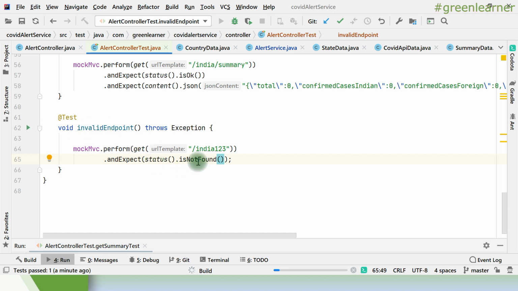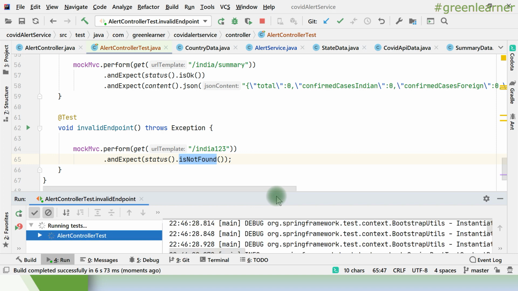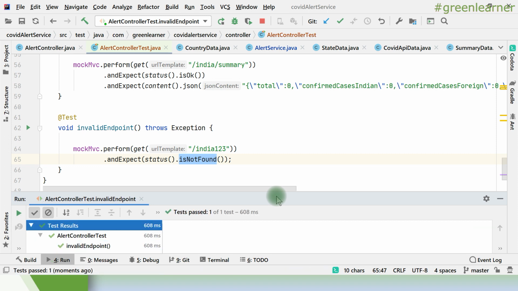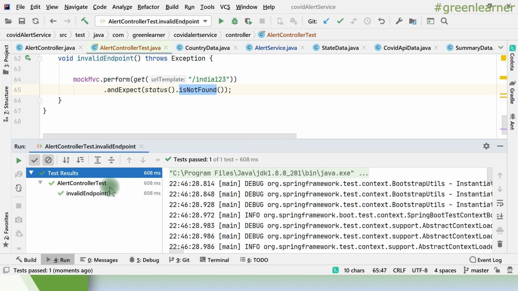I expect the status to be not found. It's an important one. What it is returning, the same thing I am saying. So the two parties, you and the system, are both saying that it is not found. So both of you are on the same page, right? There is no conflict, so it's a green light